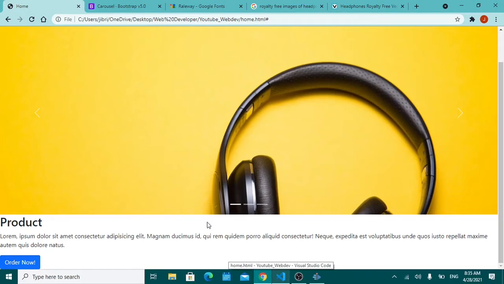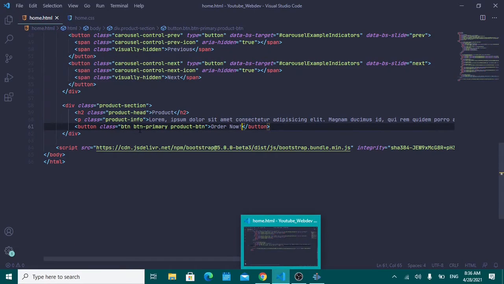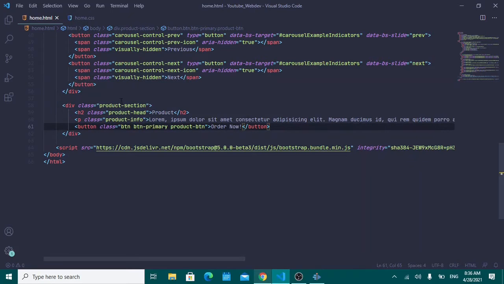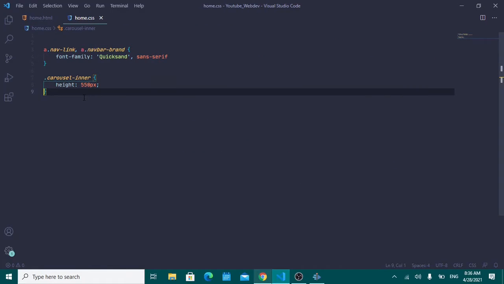Doesn't look that good. We have no styling on it. So the next thing we need to do is actually give this a width so that it's constrained to some width. And the plan is we're going to create 3 different cards that we can use, sort of product sections, and that's going to be styled using CSS. So the first thing we need to do is select our .product-section class, and we're going to give it a width of,